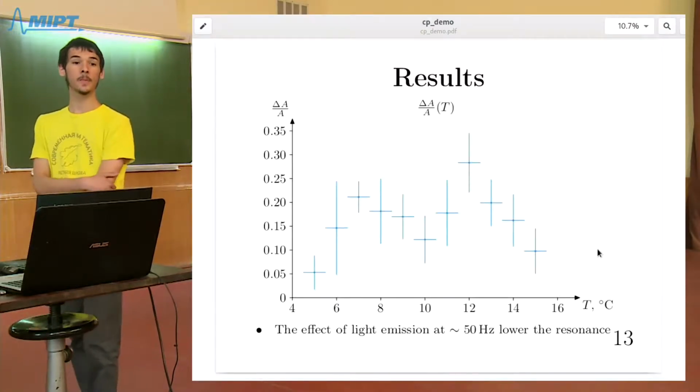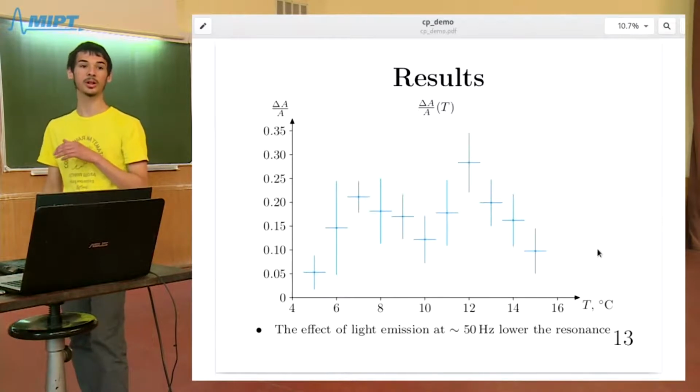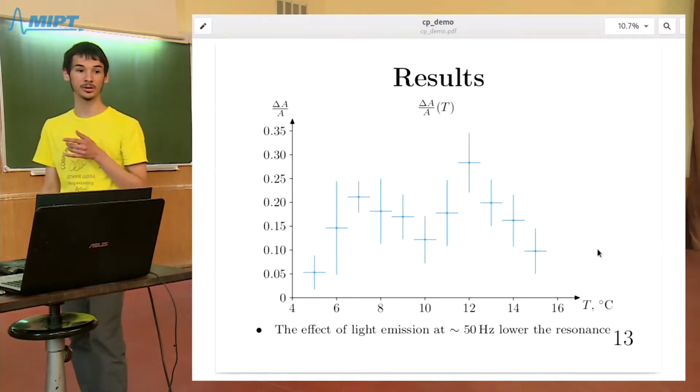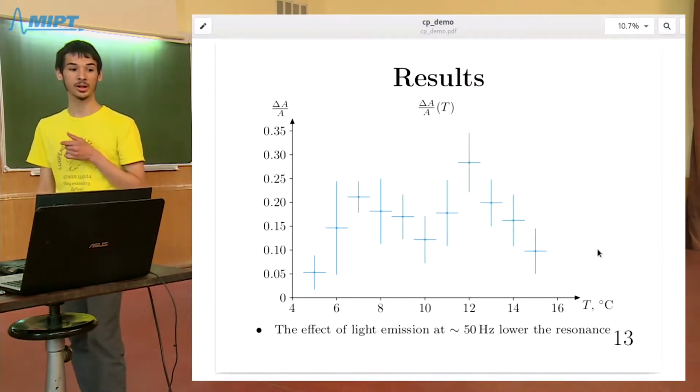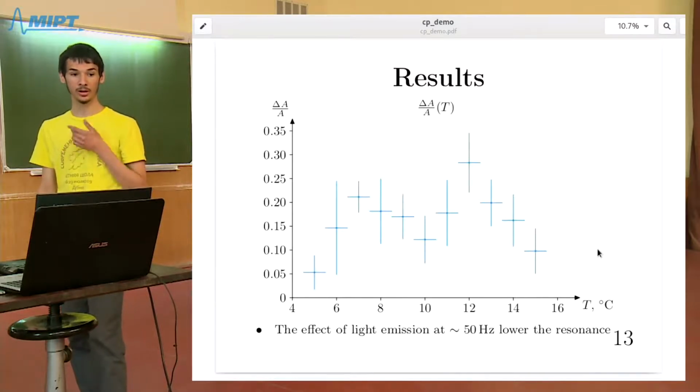So also, we were registering the amplitude from a microphone on the oscilloscope, and it turned out that there is a maximum amplitude and a minimum amplitude for the sonoluminescence to occur. And we also studied this interval of amplitudes. It was observed that the absolute value of amplitude depends on how precisely we can tune into the resonance frequency of the flask. So we considered plotting not the absolute but the relative width of this interval.